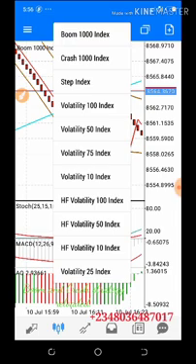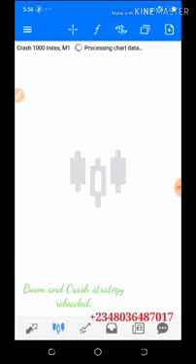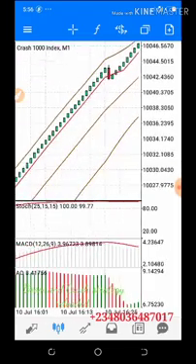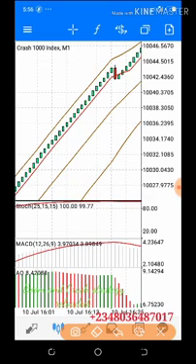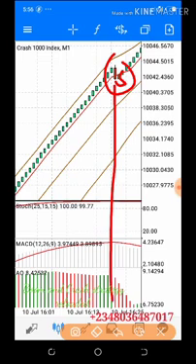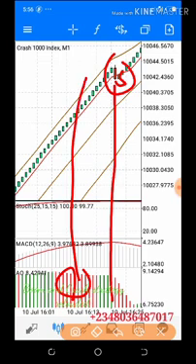Let me show you on crash also. For example, crash is buying right now. You can see before this little spike, it has given us some red candles here before, telling us that there may be a spike very soon. So if you have been on a buy before this time, you can close your buy over here. Then after the spike, you can enter again.